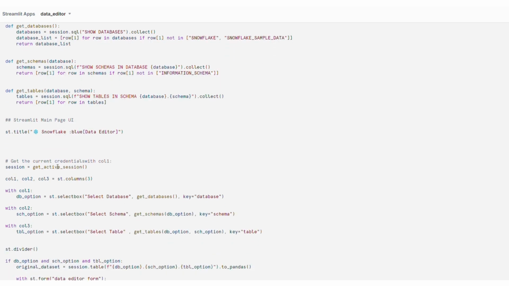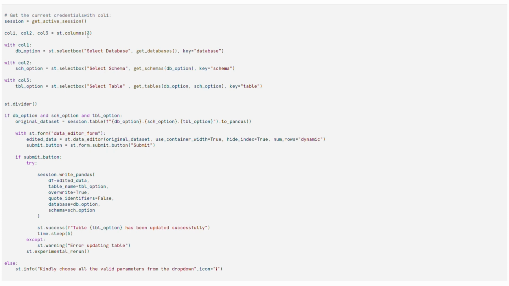Now designing the main page. First thing is st.title. It adds the title to your page and we are highlighting it with a blue color. Then I'm creating three containers for selecting database name, schema name and table name by using st.columns. So for the first container, we are using a select box, which is calling the function get database. Then the schema option is created, which calls the get schema function by providing the database name selected by the user. And then the third place for the